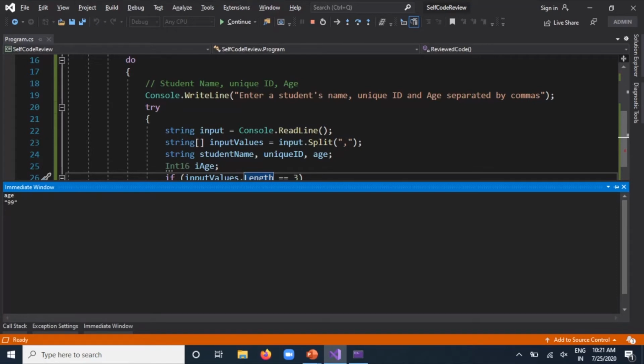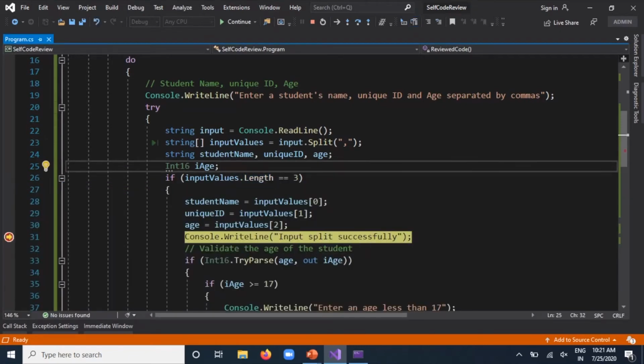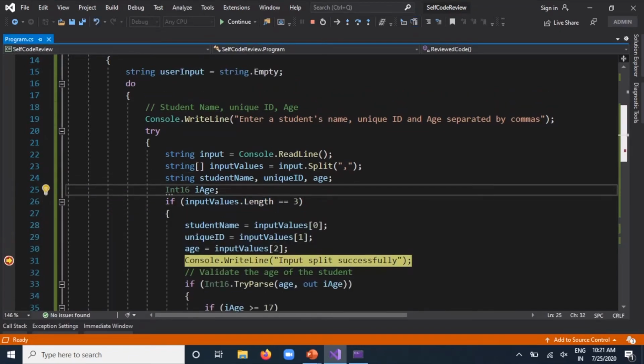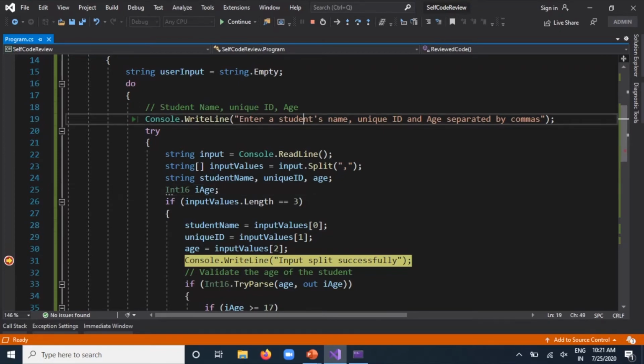Now I don't want this value 99. So now what I can do is change the execution flow, which means I have to get the user input again so that the user will type in the correct value. Now let me go here. Ideally I will have to go to this statement to get the user input, or basically to enter the command to get the user input.